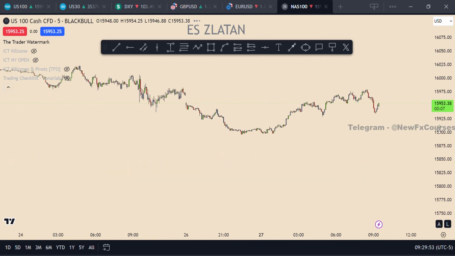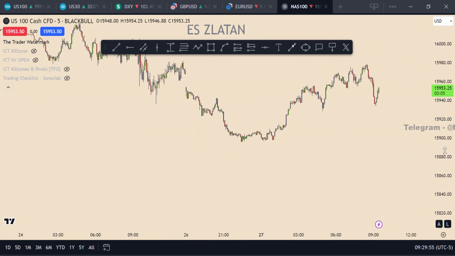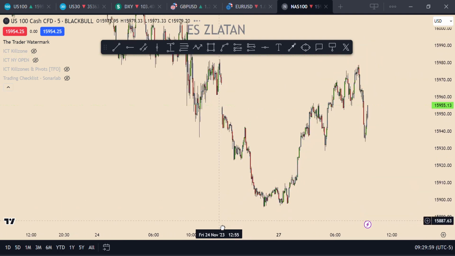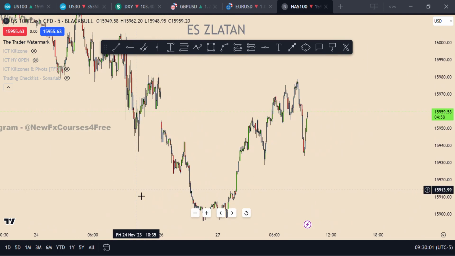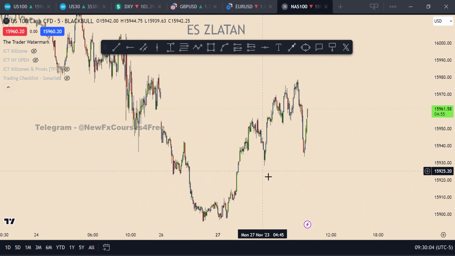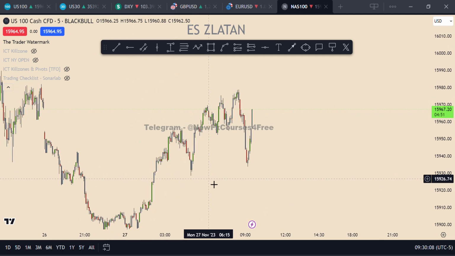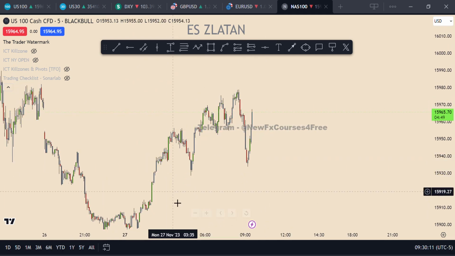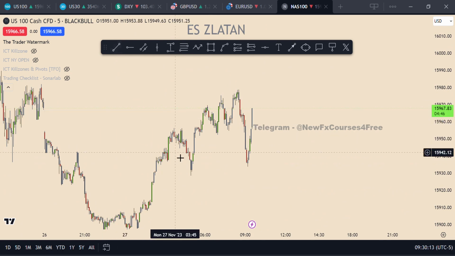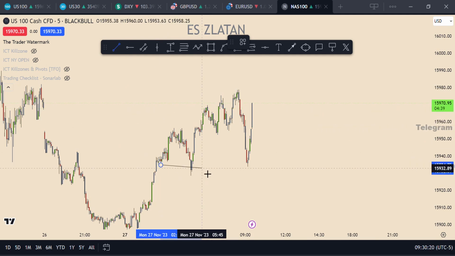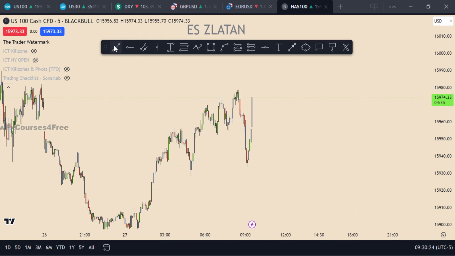So I literally love using my 5-minute charts to look for these examples. But time is fractal. This is present in every time frame, right? So here live, I could say that this is a perfect example too. You could see that we took out this low, right? Took out this low, right? We took out this low, we broke higher,